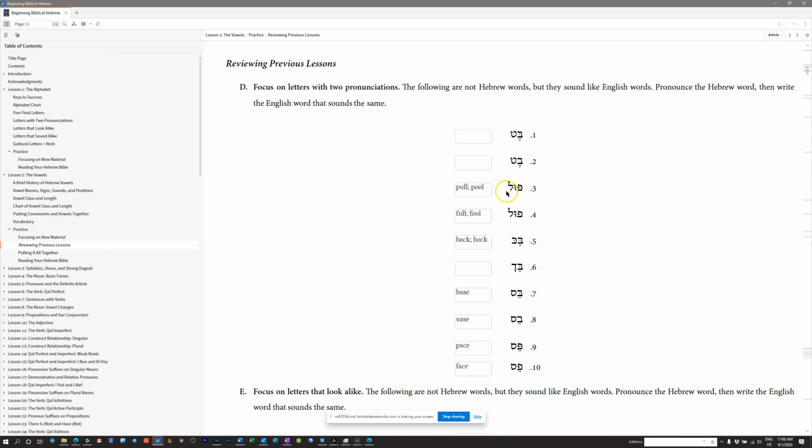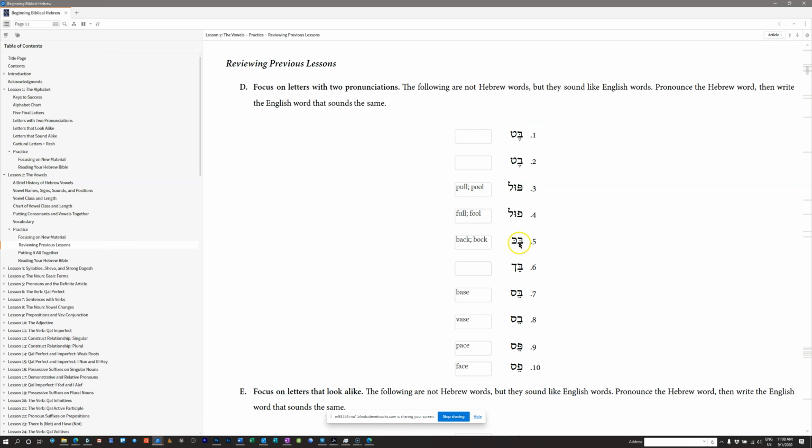Just make sure you're getting close, make sure it's the right type of vowel. You need to have some sort of an oo sort of vowel here. And obviously you need the P sound at the beginning and the L sound at the end. Here the only difference in pronunciation should be that initial sound, so it goes from P to F. So if you put pool for number 3, it should be fool for number 4.